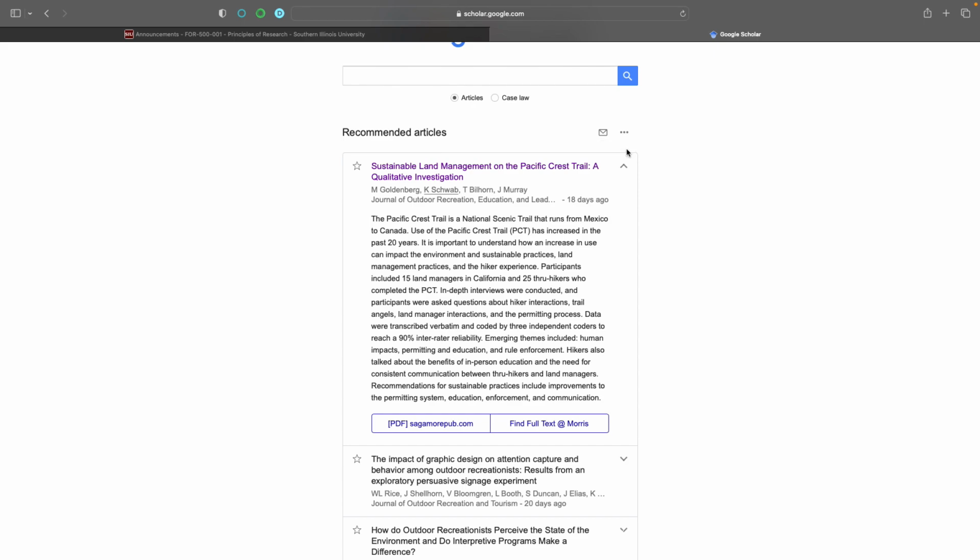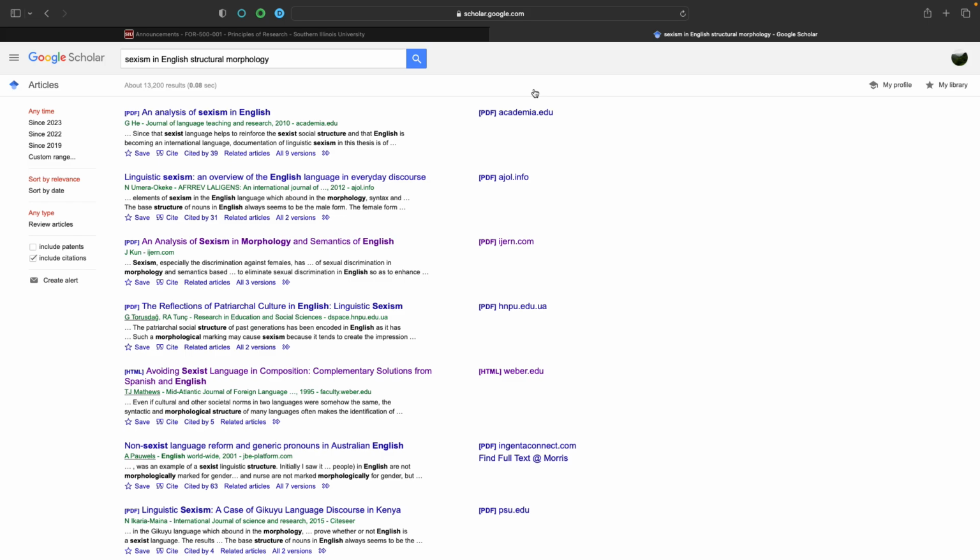Is to look for, let's see, there we go, sexism in English structural morphology. We'll focus on the technique, not the content area, because this has nothing to do with forest hydrology or wildlife. Excellent. Okay. So you've got the PDF